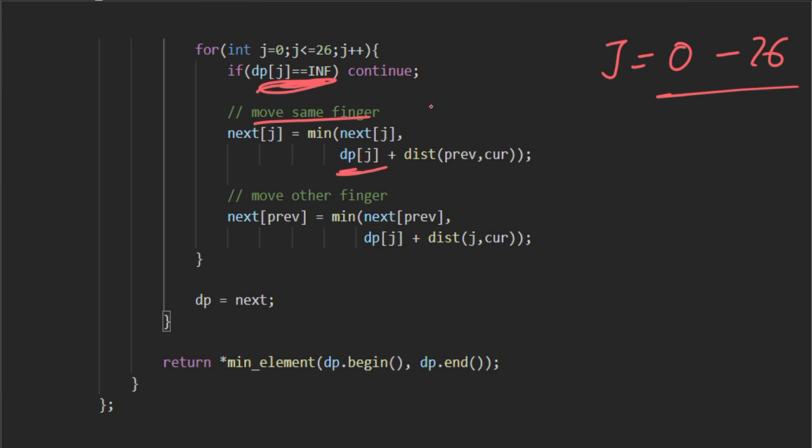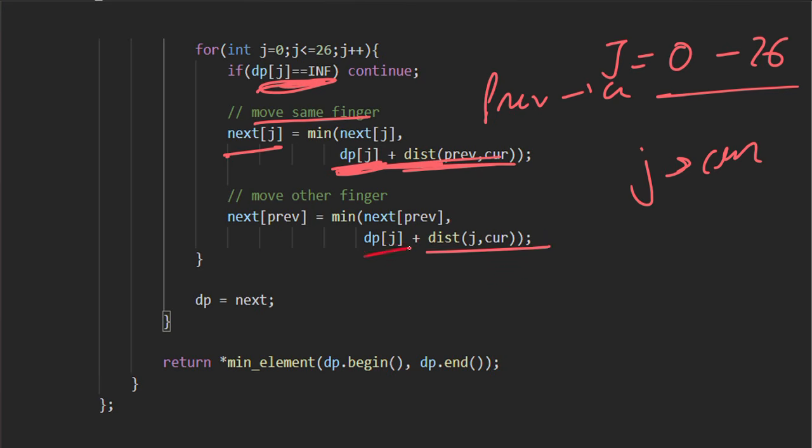If we are using the same finger, then we have to shift from previous to current, and then next of j will be dp of j plus the distance; we take the minimum of those two. Or if we are using the other finger, then we will be shifting j to current, so we use that distance, and whatever cost we have incurred in typing characters 0 to i minus 1 is already stored in dp of j.